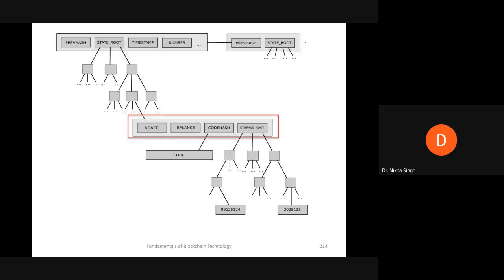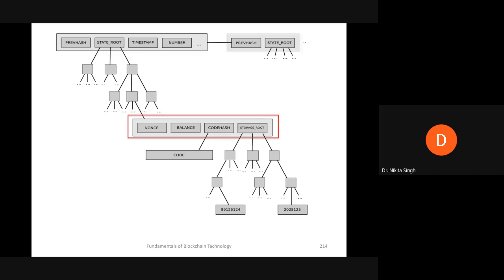And then we have a transaction trie. Transaction trie means that an Ethereum block will contain some number of transactions. So every block contains transactions. The order of the transactions is based on the order in which the transactions are added to the block. So the transaction tree can also help you understand a particular transaction, how one transaction occurred, then this transaction came into the block, then this transaction was added, the order in which the transactions are verified.